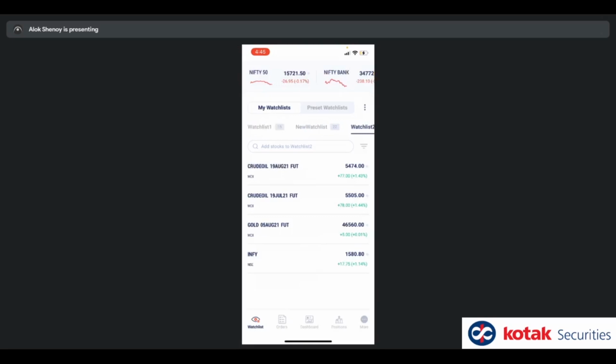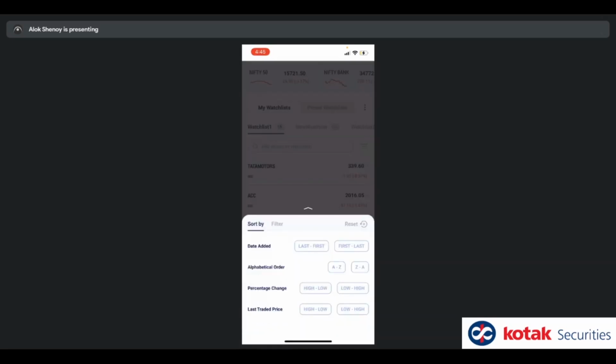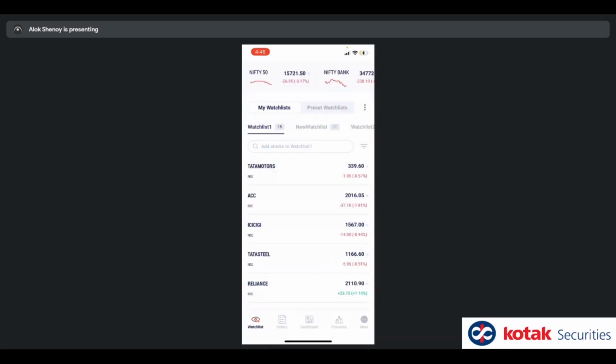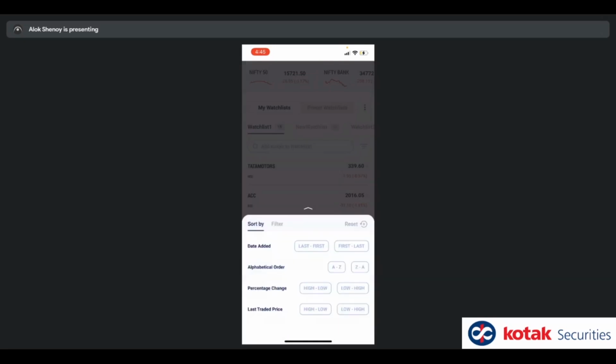Now I'm going back to the watch list। Some people are having questions with respect to sorting। So by default, the sorting of the watch list is based on recency, which means what have you added most recently, okay? However, if you want to sort it differently, you click on this funnel-like icon on the right beside the search, and that will give you this bottom sheet. In this, you can select multiple sorting options.